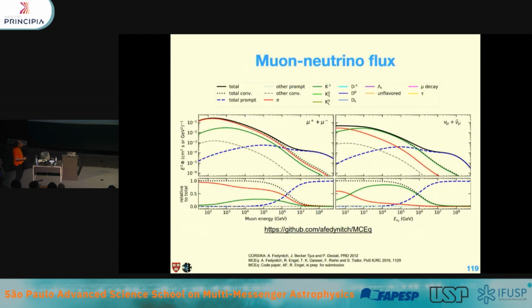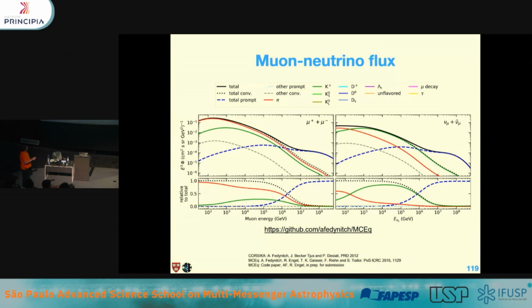Okay, so this is the plot that I really want to focus on. In particular, let's talk about both of these. This is the flux of muons, and this is the flux of muon neutrinos. The flux of muons is essentially always dominated by pion decay. Okay, so the pion goes through a two-body process where it decays into a muon and a muon neutrino, whereas the